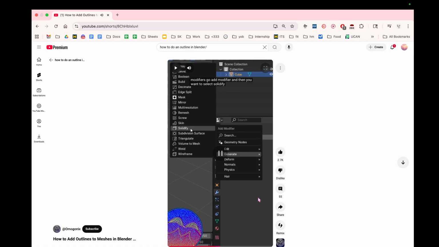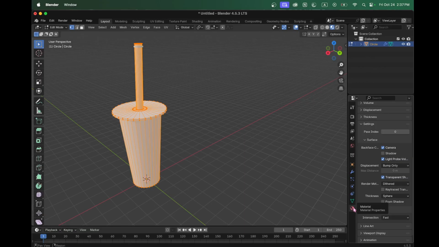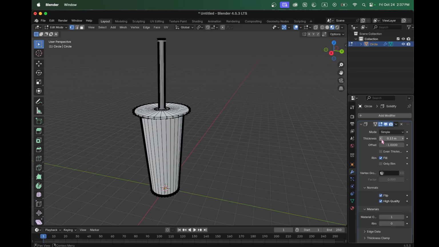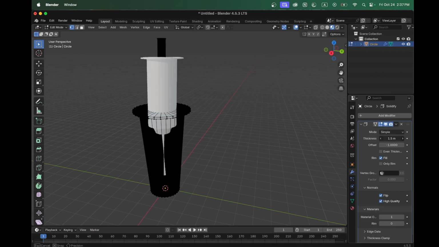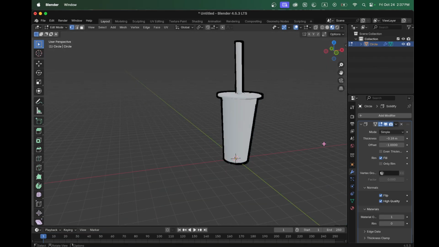you then want to select material offset. Now material offset is the order of the materials that is here. So this here is 0 and this is 1. So you want to do